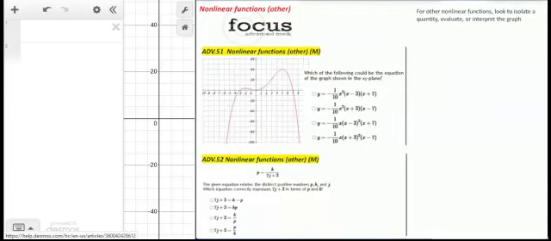Some of the other types of nonlinear function problems that you need to be able to do are to recognize the properties of graphs. And so when you are looking at these functions, what you should see is that if you have a positive leading coefficient,